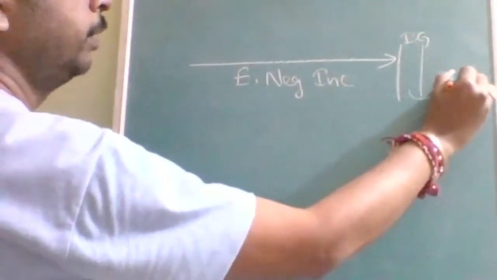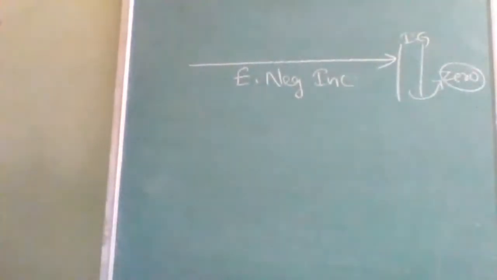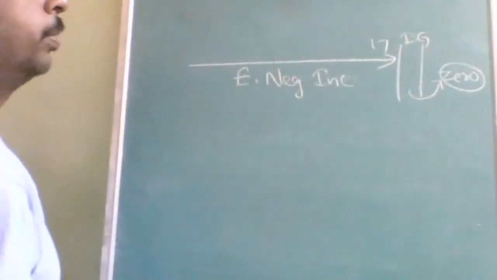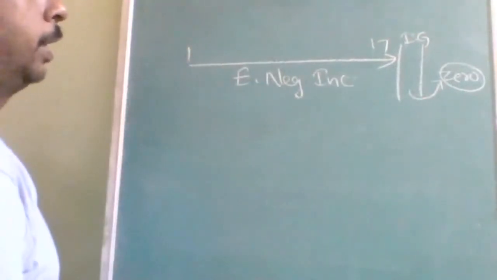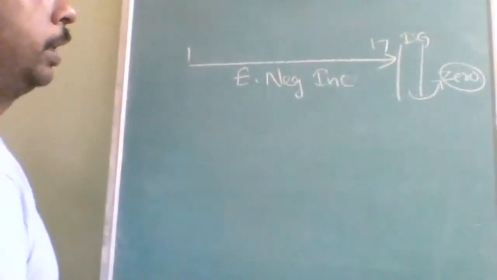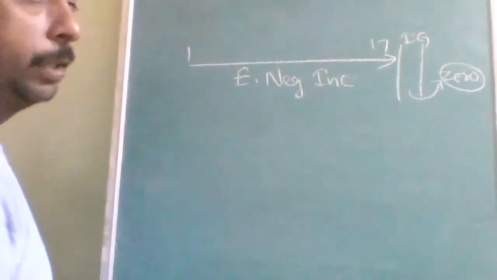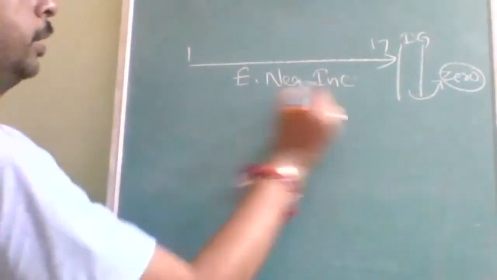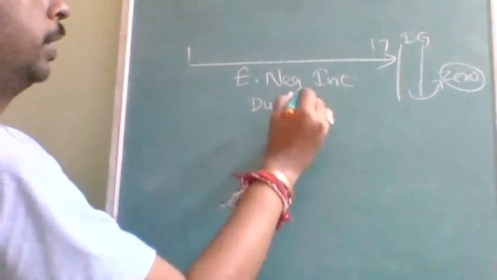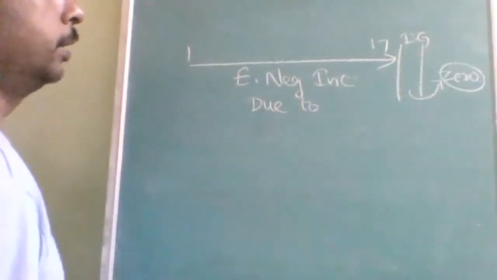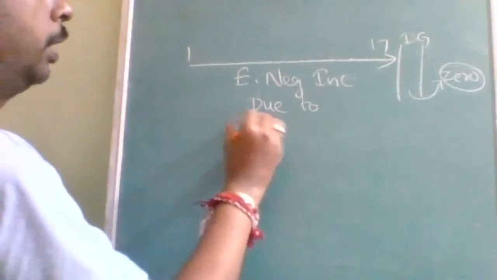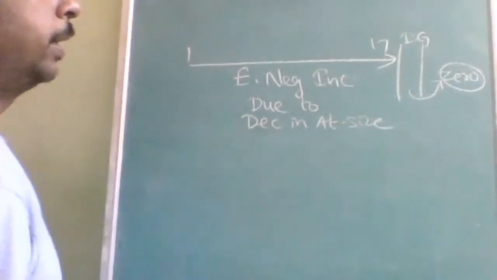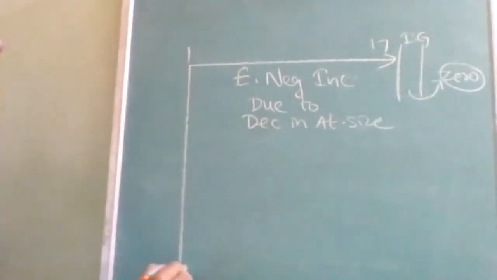You should make sure that suppose there is an inert gas. Inert gas electronegativity is how much? 0. So the increase is limited only up to the 17th group. From the first group of the alkali metals to the halogens only, electronegativity increases. And inert gases being already stable, they will not attract the shared pair of electrons. If they ask for the reason also, then you should write: electronegativity increases due to decrease in atomic size. Why decrease in atomic size? Already we have studied in the very first periodic property.